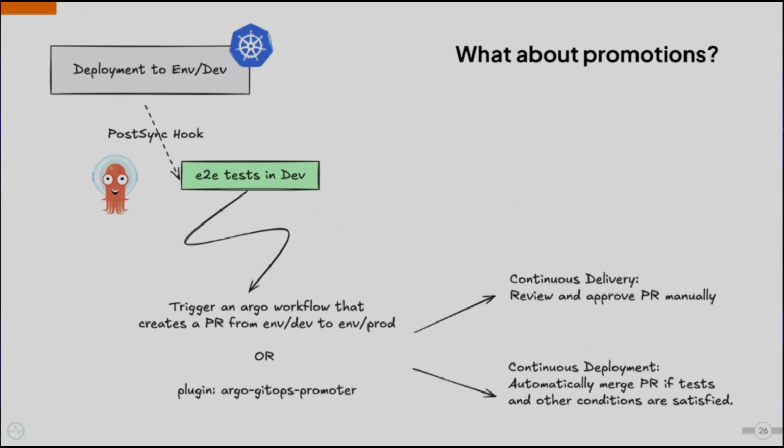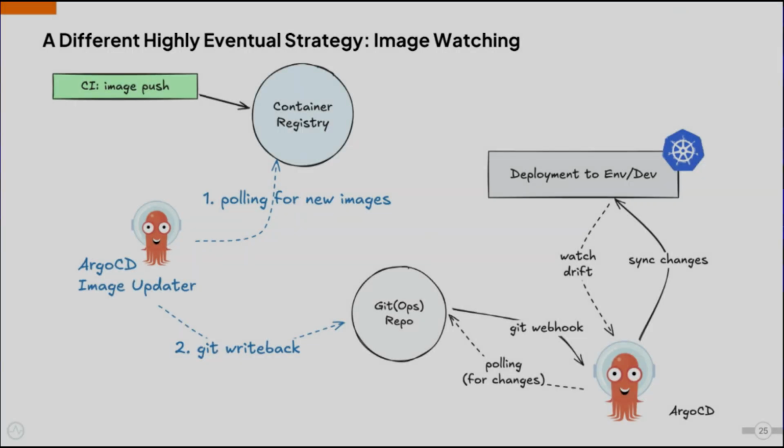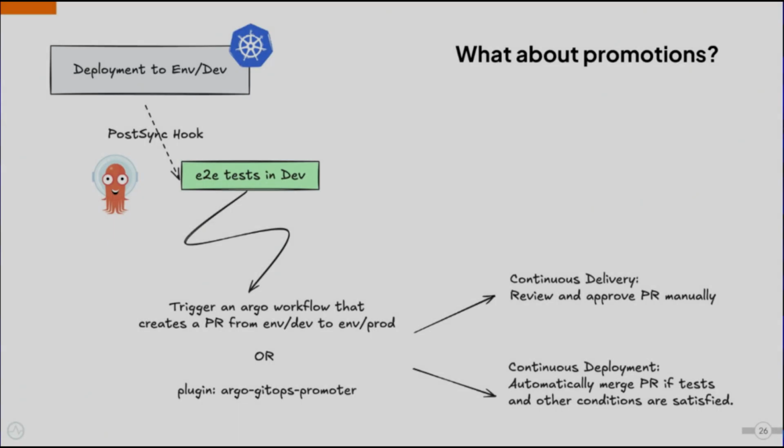And once that is done, you have two options, right? You can either have another workflow. This is what we do internally as well in a lot of places. We create another, we copy the values, the images that need to be updated from dev to staging to prod, and we just create PRs. And someone goes in, manually approves it, and merges it, in which case it gets merged to the GitOps repo, and we are back to that same cycle here, where it just picks up and continues with the prod release.